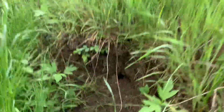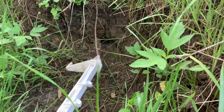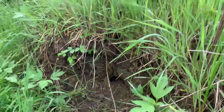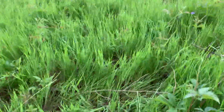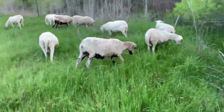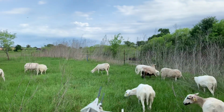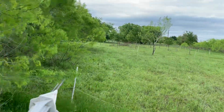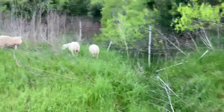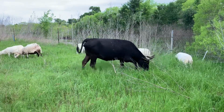So you can see like right here, it's still pretty steep right here, but we're filling it in. And I don't know if that has anything to do with why this pond doesn't hold water. Like I said, it's eroded on this other side back in that direction. This is the inflow coming off that other property, and this is the low area, and it comes down here into the pond. But the pond definitely has filled in with silt from mismanagement in the past,